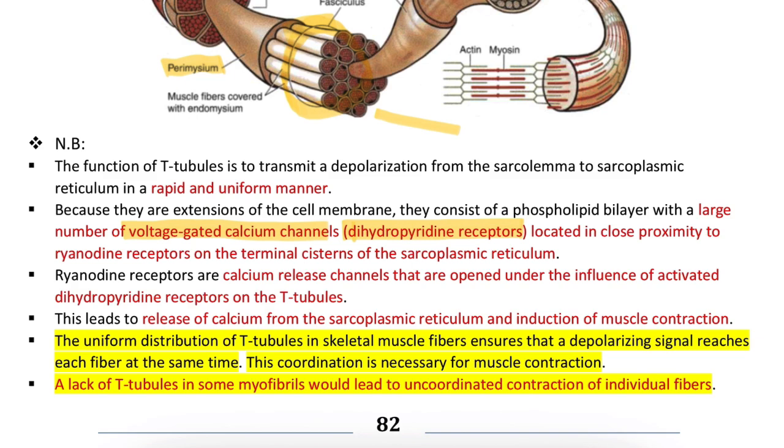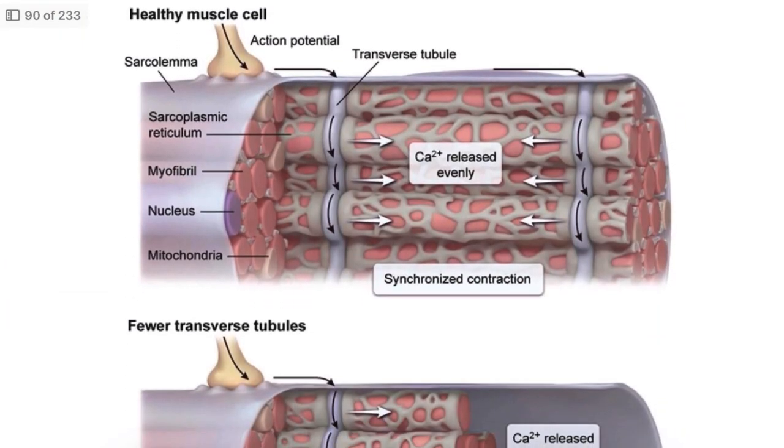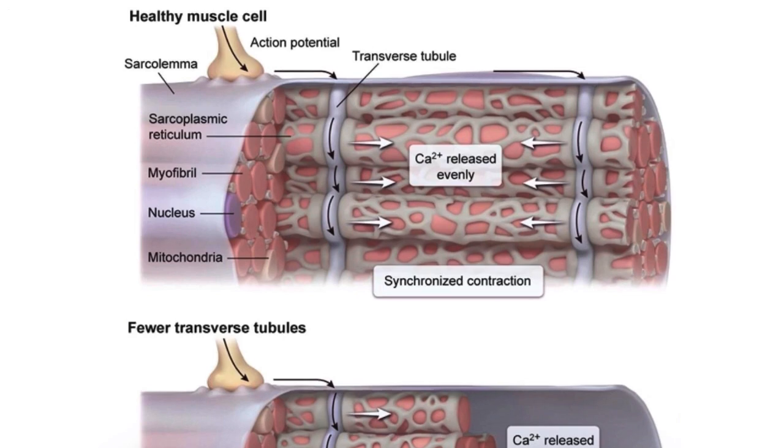So, guys, if you are seeing this image, you can see here this is a healthy muscle cell. In this healthy muscle cell we can see this transverse tubule. This is very important. What's the role of this transverse tubule, the T tubule? You can see here in